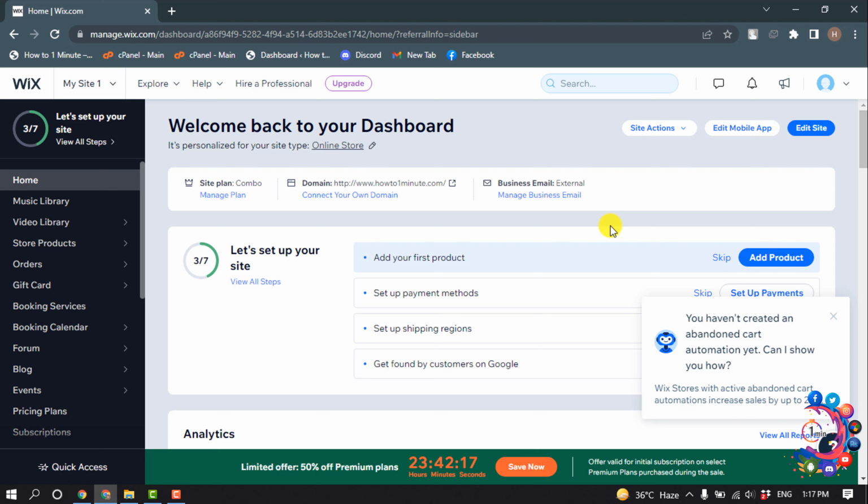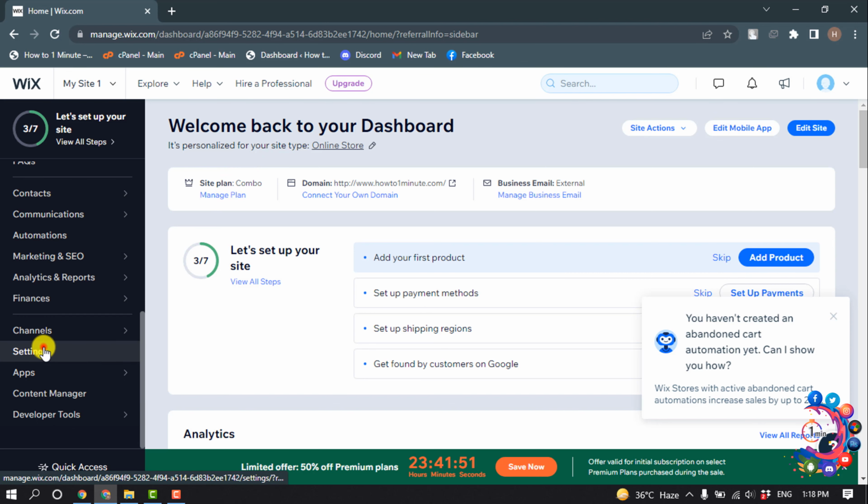So first of all, you have to open your site dashboard, and one more thing, you will be able to upload or add a favicon in premium Wix. So if you're a free user, then you won't be able to add favicon to your Wix website. So right now I'm in my premium Wix and this is my website dashboard,